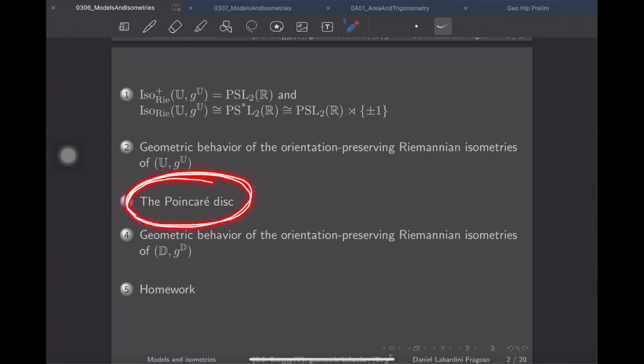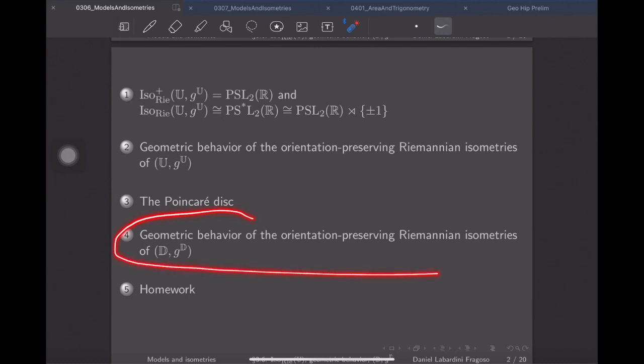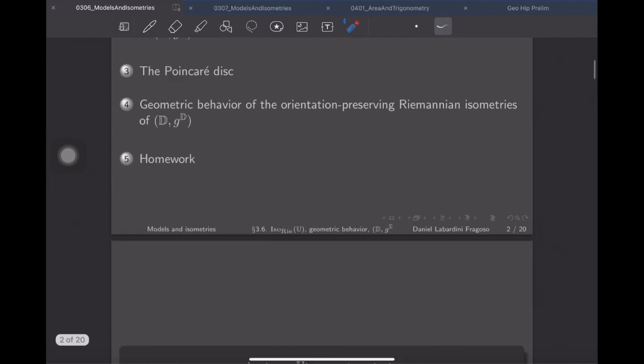we studied the Poincaré disk, and the point is that the main results are easily established because they have already been established for the upper half plane. And then the corresponding study of this geometric behavior, we saw how it looks in the Poincaré disk. So